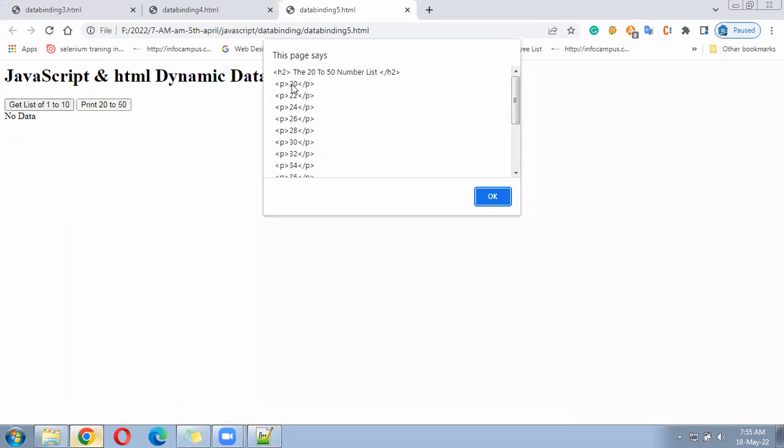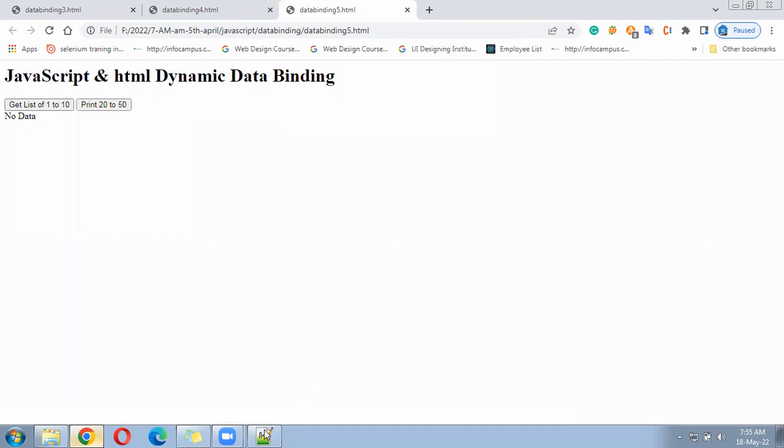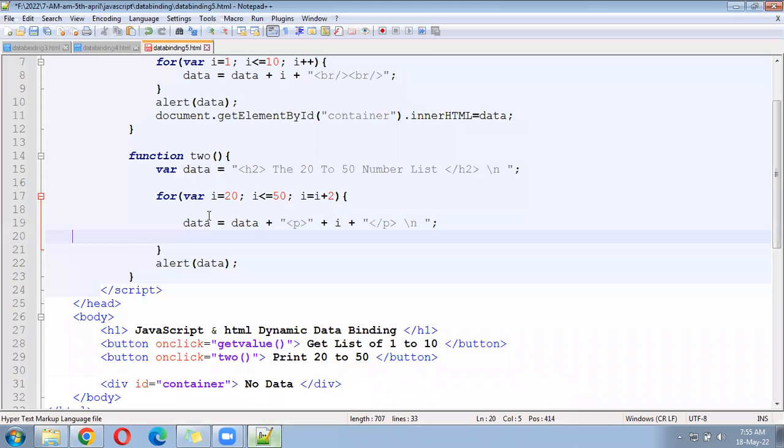Let me come here, run the page, click on second button. You can see here H2, the 20 to 50 number list. Line break happen because of /n. 20, 22, 24, 26, 28. And finally, it will go till 50 and then loop will get finished. And this much of paragraph is generated dynamically. Now this list of paragraph that is available under the data variable, that we need to send to the browser